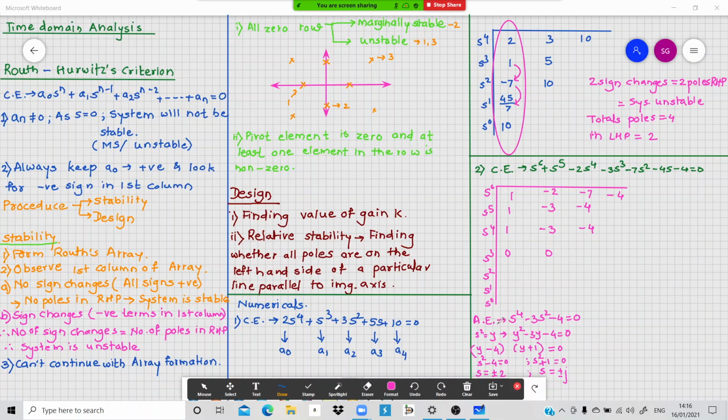Now we'll check whether we are getting the system unstable or not. We had solved with the auxiliary equation for this particular thing and we got these poles, right? How to go ahead to check whether only one pole is lying in the RHP or more than that? By this we got one pole that is there in the RHP. Might be some more poles are lying, so we have to check that.